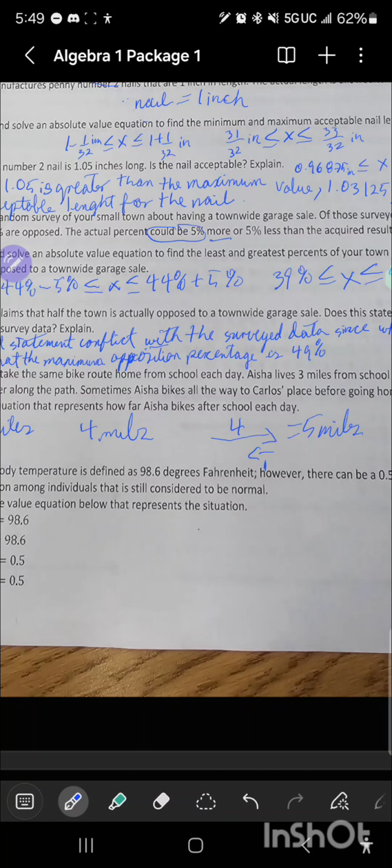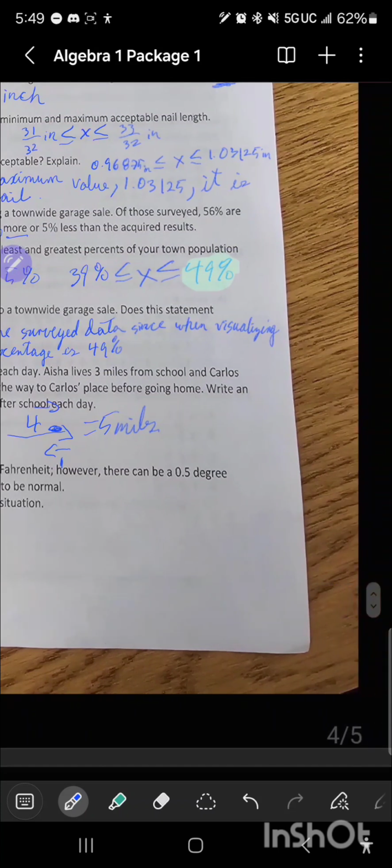When she goes to Carlos' house, it's going to be 5 miles because she bikes one more going to Carlos' house, and that is represented here for a total of four. And then one more coming back to her house, so it's going to be five. Now I can say that